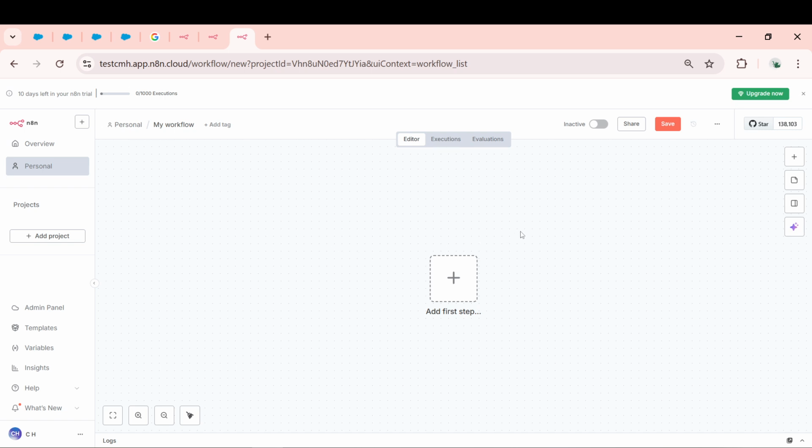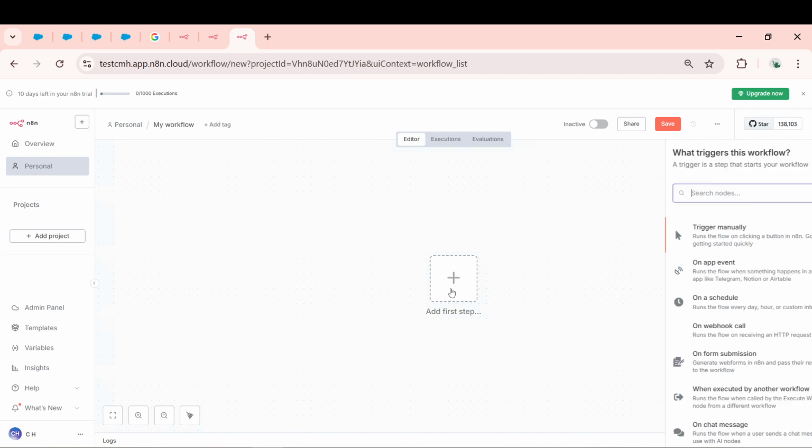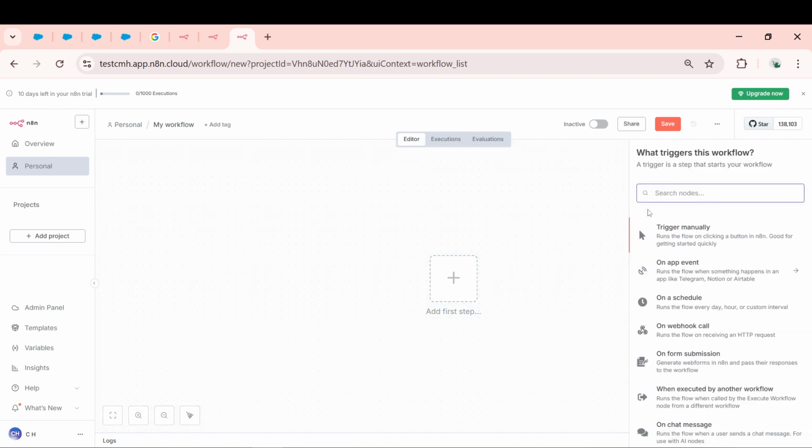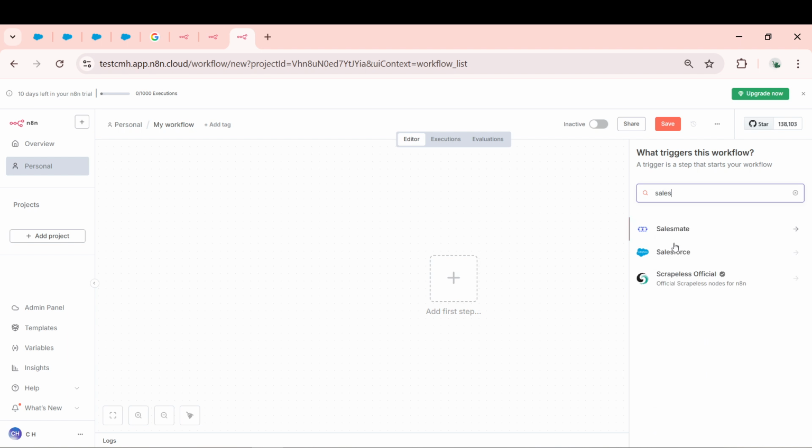Now that we've got access, it's time to start a fresh workflow in your N8N instance. Locate the option to create a new workflow. This will serve as the foundation for connecting Salesforce. With our new workflow canvas opened up, let's proceed by finding the crucial Salesforce node. Head over to the node search bar and type Salesforce. Once it pops up, you'll want to drag that node right onto your workflow canvas, establishing the primary connection point